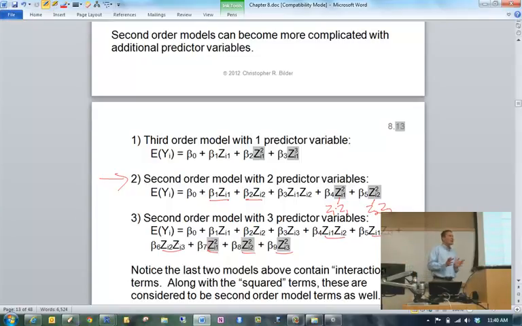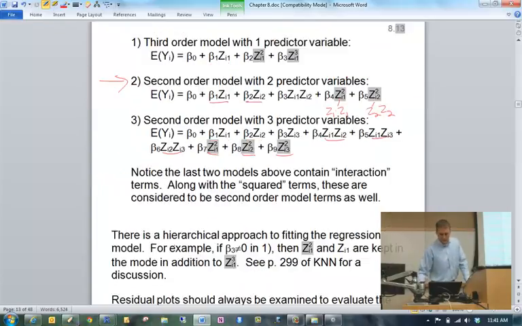I probably briefly mentioned those in the past here. The next section is going to look at them in a lot more detail, what these interactions truly mean. On your own, you should think about, well, what would a third order model with two predictor variables look like as well? Well, it's basically the second order model, and now you work with the cube terms. So three-way interactions and so on.